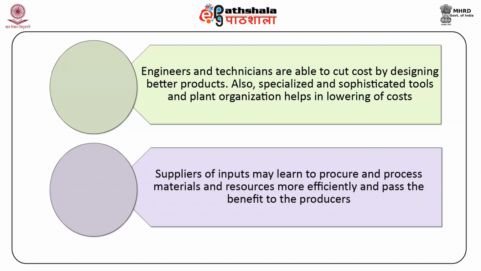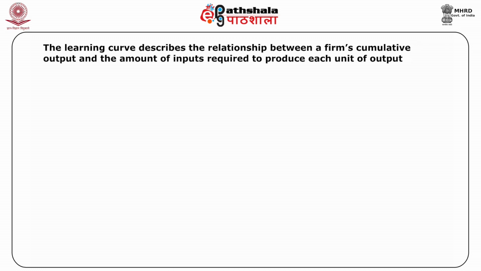Suppliers of inputs may learn to procure and process materials and resources more efficiently and pass on the benefit to the producers. The learning process happens over a long period of time. The firm learns to produce at lower cost as cumulative output increases. Thus, the learning curve describes the relationship between a firm's cumulative output and the amount of inputs required to produce